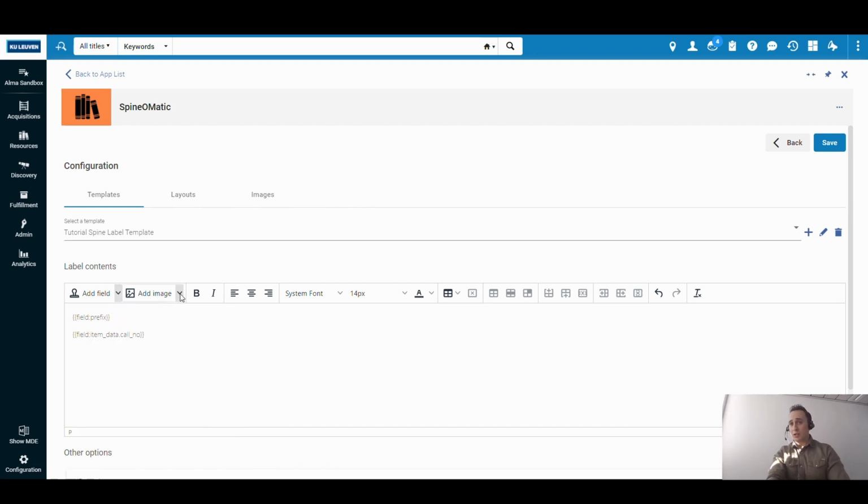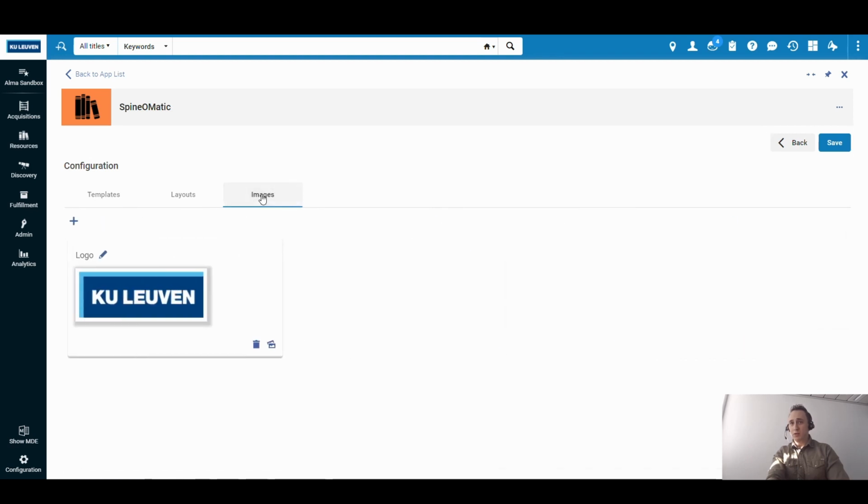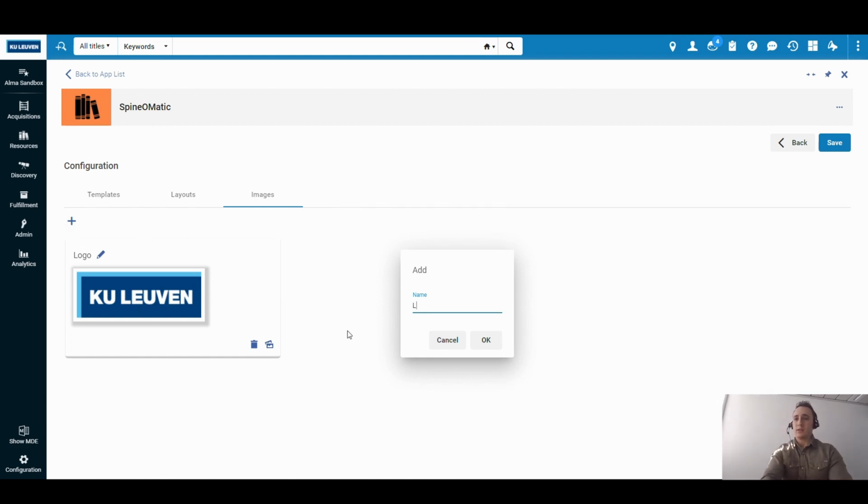You can also add an image, but to do so you need to add an image in the images section. And how can you do this? You click on the images. Here we have already a new image uploaded. You can click on add. Let's just give it a name. Okay, this already exists, of course.